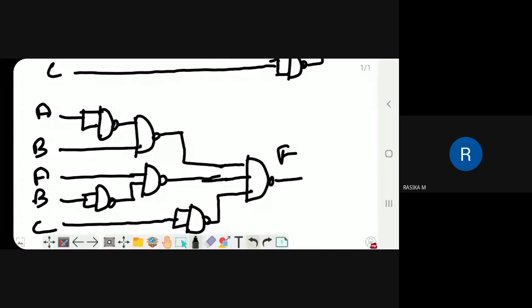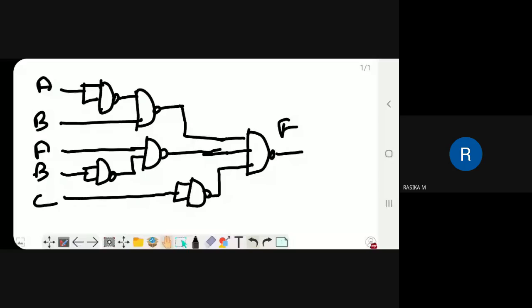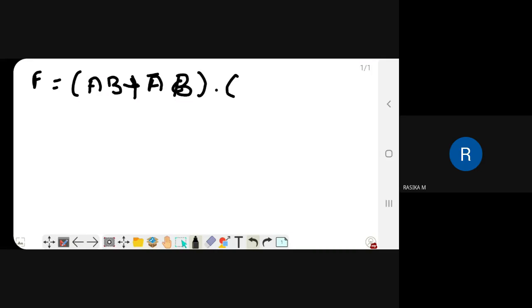Till now we have seen the two-level diagram. We are going to see the multi-level diagram now. So the expression is F equal to AB plus A bar B dot C plus D bar.